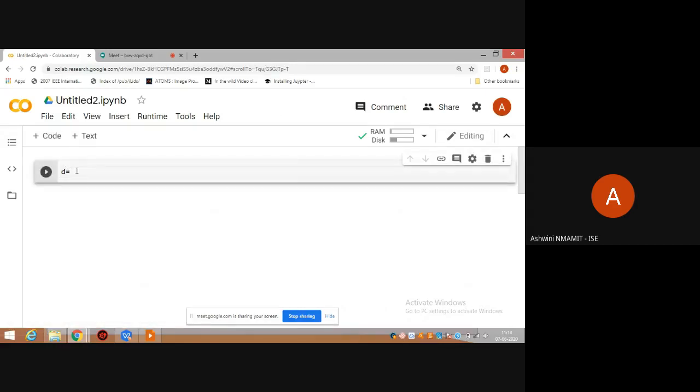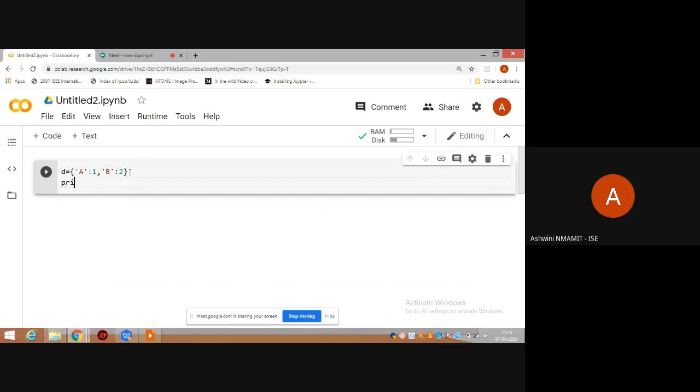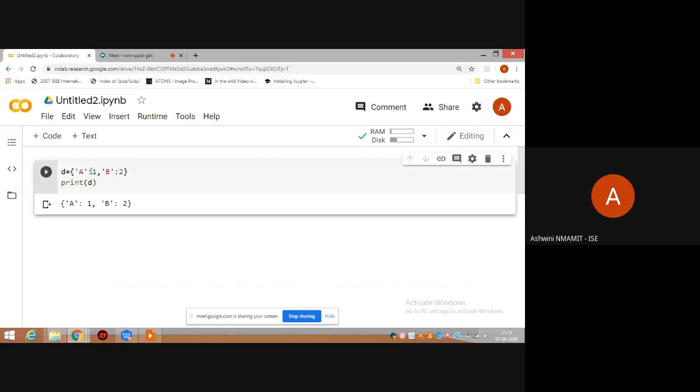So I will say D equals your student name A 1, student name B 2. This is nothing but the dictionary, a key value pair. LHS of the colon is the key and RHS is the value.